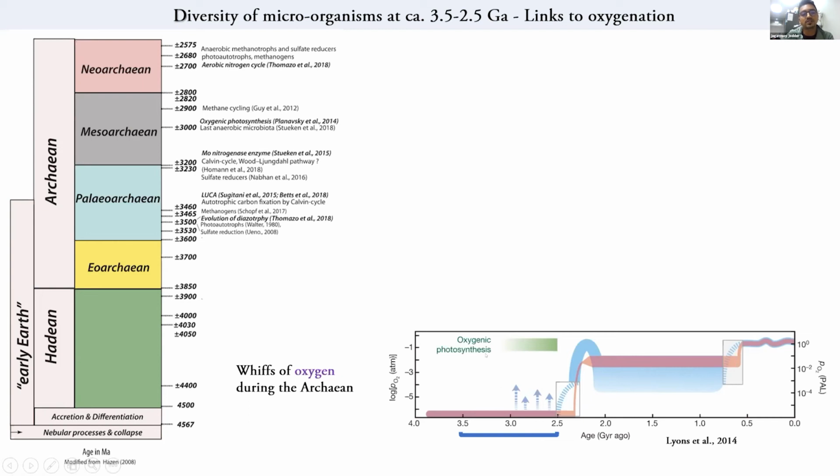Probably the advancement of oxygenic photosynthesis started close to 2.9 billion years ago. And it was a time which was very unique because the oxygen was only available in the shallow part of the oceans, but not in the atmosphere. But close to about 2.5 billion years ago, we have a considerable increase of oxygen in our atmosphere. Of course, not comparable to our present-day atmospheric levels, but still much more than what we had in the past.